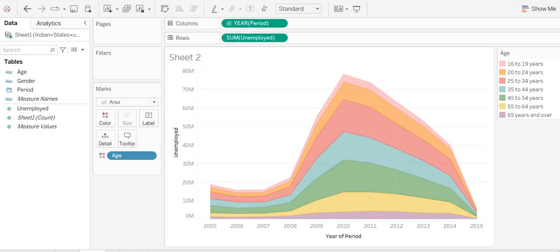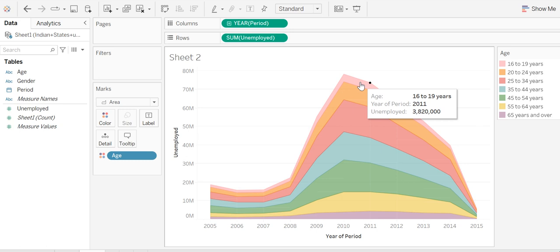See, for different age groups by color, we can identify that for 64 and above, unemployment is less, and for 16 to 19 years it is also less. See, when we click here, 55 to 64, what is it showing? 2011, 10,473 only. Okay, but somehow when we are clicking here in 2011, where it is going to be